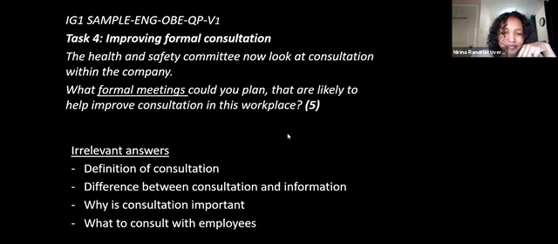Now, because we can put here weekly meeting, we can put monthly meeting, but we need to make a difference. What is weekly? What is monthly? So therefore, a little bit of elaboration is required here. You cannot just list down weekly, monthly, daily. When you say, for example, kickoff meeting, that's good. Progress meeting, that's good. But what is that? What is it about? How does it help in consultation? So I would elaborate a little bit.